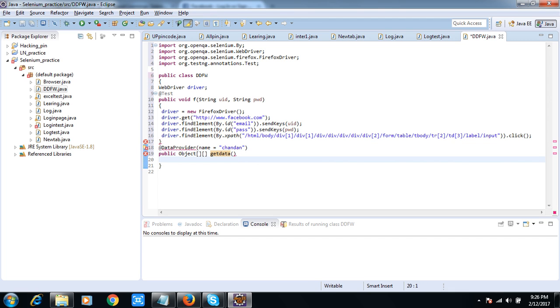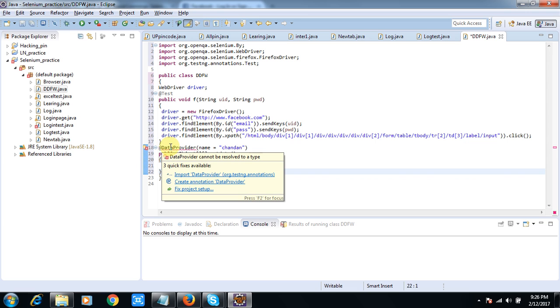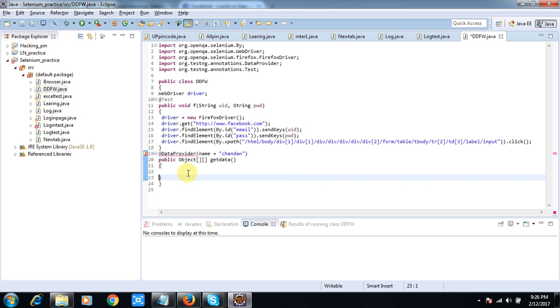This is an error because I have not imported the DataProvider annotation, so import it here. Now inside getData, write Object 2D, then my data is equal to new, create an object for it, Object, and give the size of it.